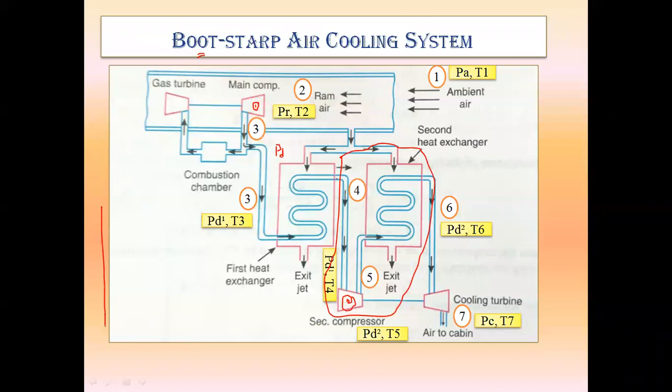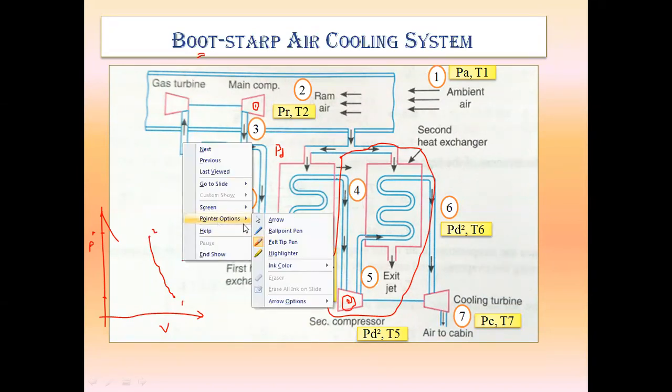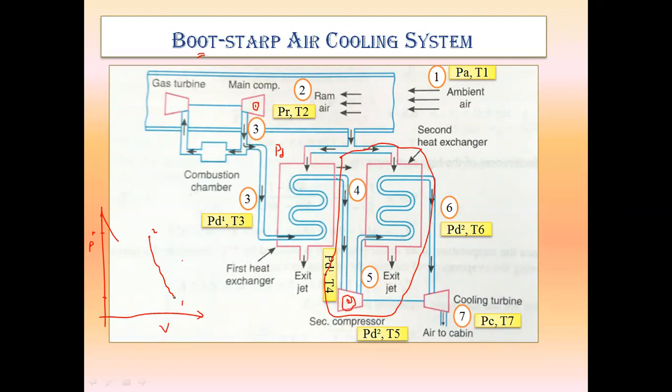here, if I draw the PV diagram, suppose this is the pressure-volume diagram. Instead of increasing the pressure from point 1, or from P1, directly up to the delivery pressure PD, if that were a polytropic or isentropic process, it would be drawn like this, 1 to 2. But here, what exactly are we doing? Instead of this, we are increasing the pressure up to an intermediate pressure, that means up to PD1,